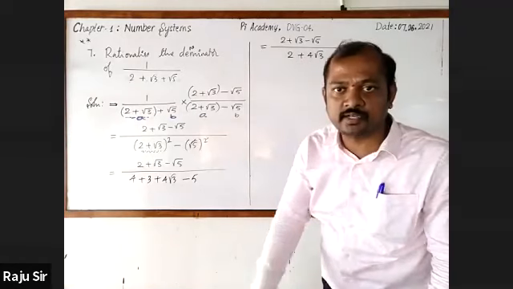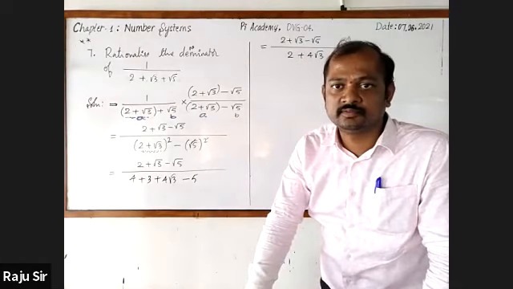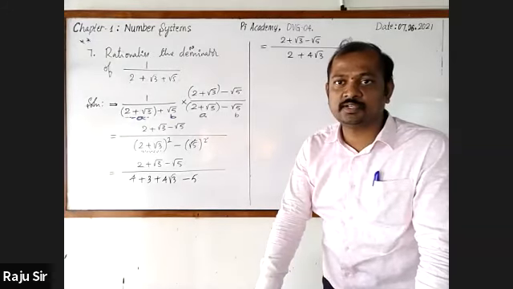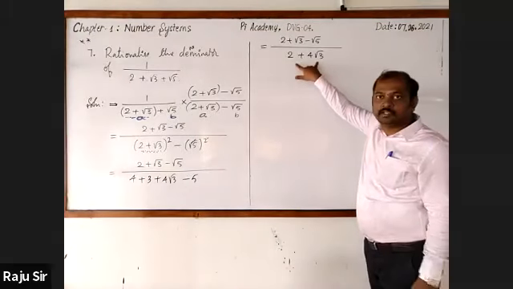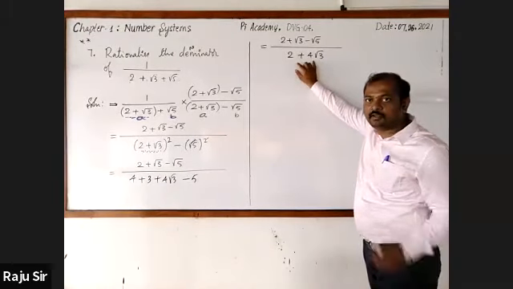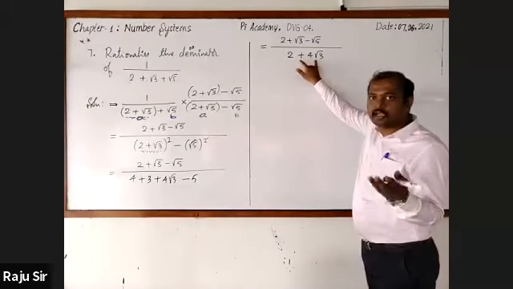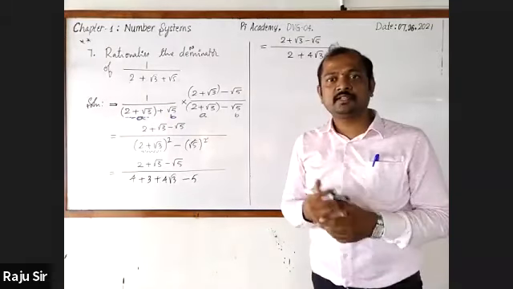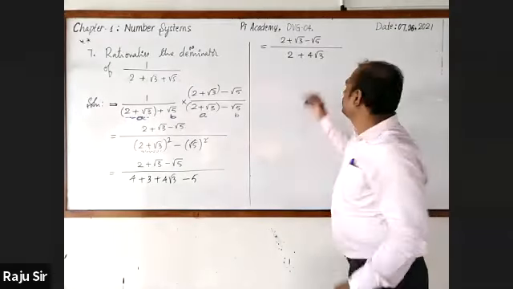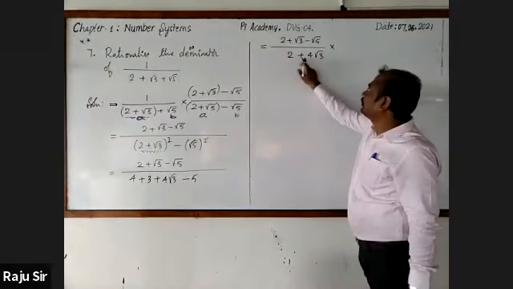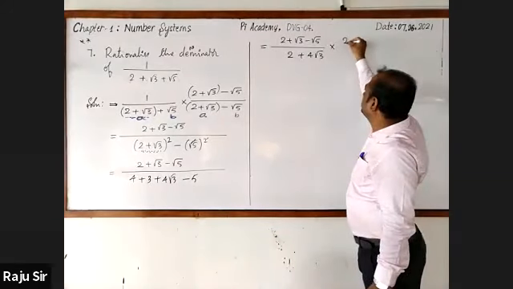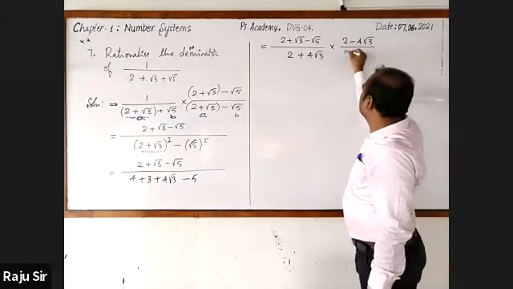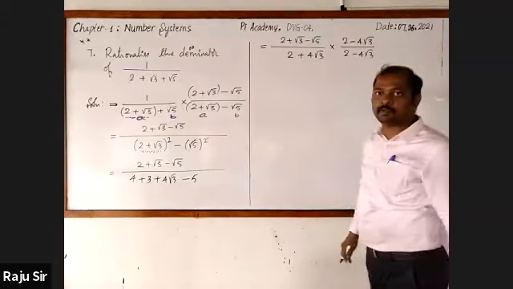Wait, VG, you are not concentrating. In the denominator, we have binomial irrational number. So we can go for taking its conjugate. We have solved so many problems rationalizing the denominator. Into 2 plus 4 into root 3 is there. Multiply by 2 minus 4 into root 3, 2 minus 4 into root 3. Write with me.